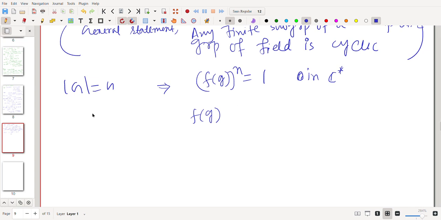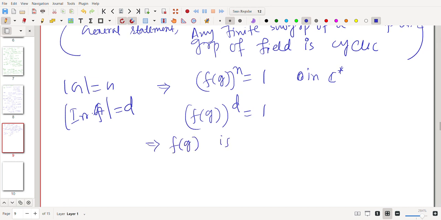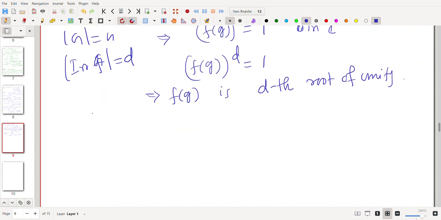Now if image of f has order d, that means f(g) power d is 1, right? That will imply f(g) is a dth root of unity, right? Since image is cyclic,